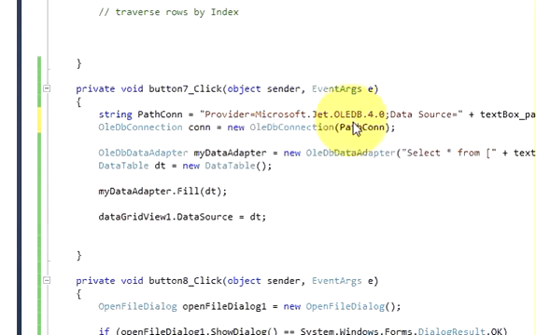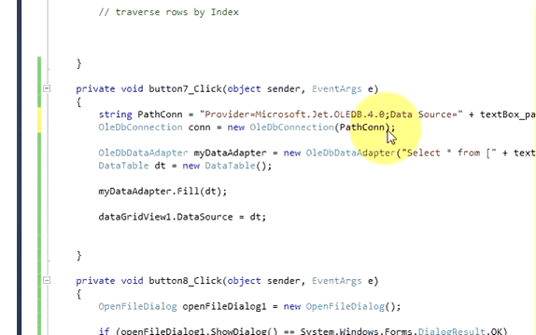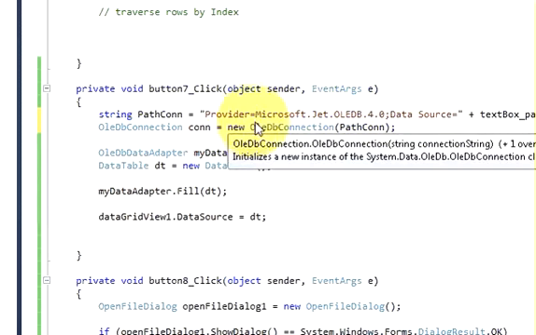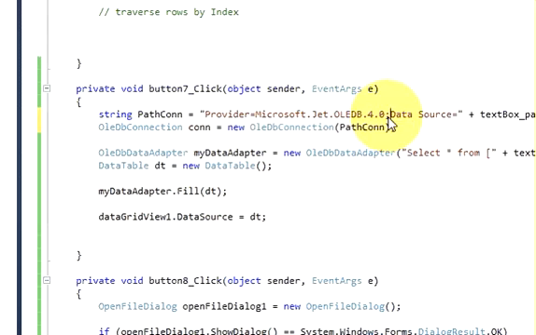Please remember that it's case sensitive, so please see and write the code carefully. So once again, Provider equal to Microsoft.Jet.OLEDB capital dot 4.0,